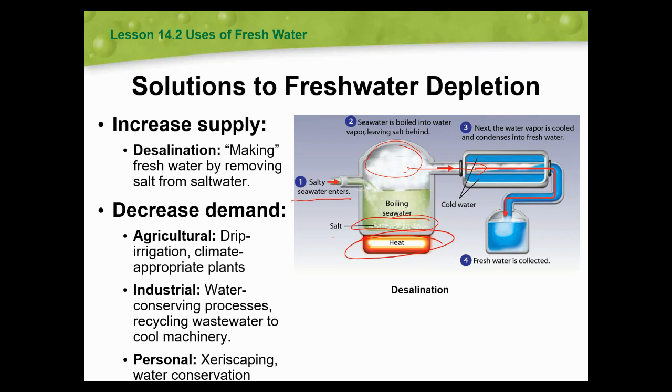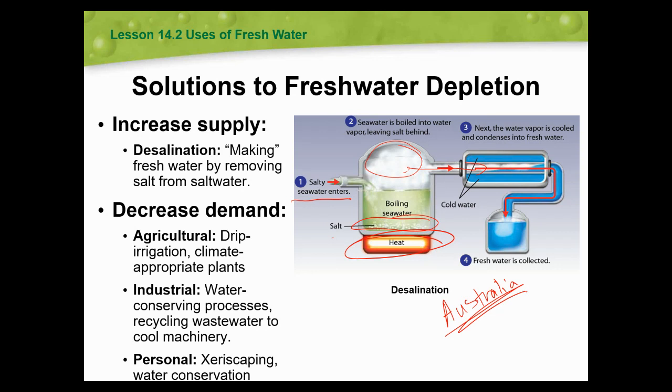So places that do desalination are places where they don't have a lot of fresh water, but they have a lot of salt water. Places like Australia, places like near the Middle East. In the Middle East, countries that have more wealth tend to do this more than others. So you might see it in like Oman or Saudi Arabia. Australia is one of the biggest. They've been doing it for the longest. But lots of places do this because they have ready supplies of salt water and enough money to do this process. The other thing you can do is decrease demand.